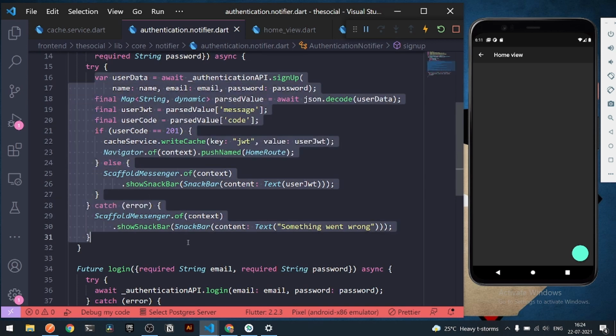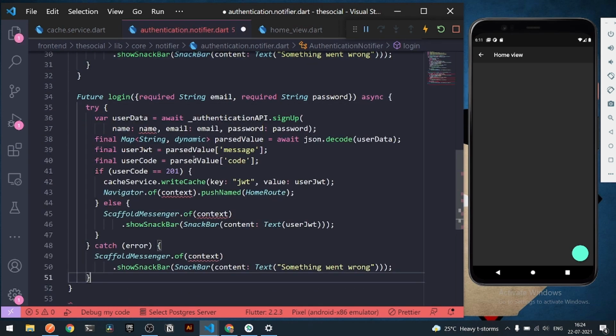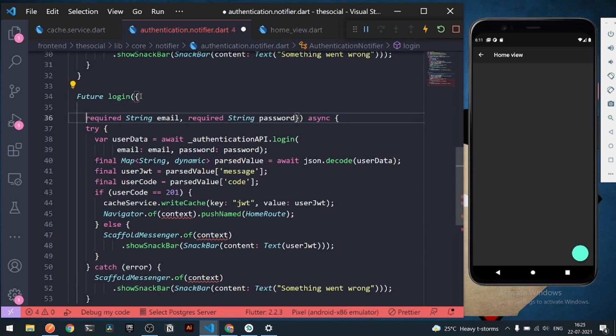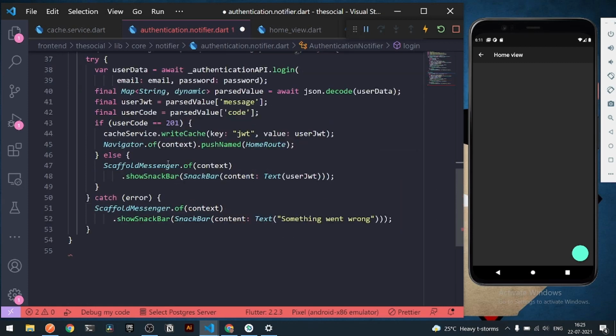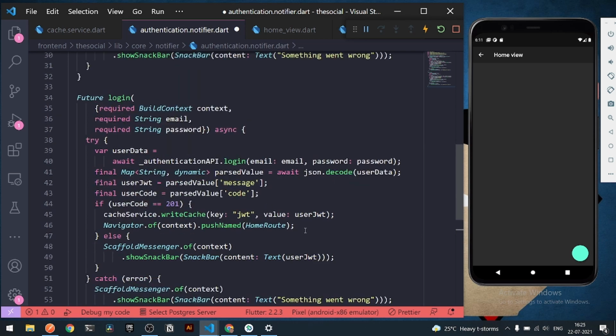So I can copy the entire package block from this code, and we can add the same thing under our login. Let's paste everything here, and our login won't require the name. It will have a login, and we shall also require some context. So here I can say required field context. Everything will be the same. Let's add a bracket here, and that's it. Now you can modify this code as much as you want, but this is from a beginner's point of view.